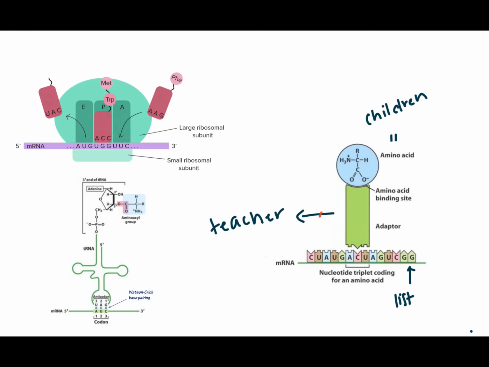Very similarly to this situation, Francis Crick had the same idea about something known as the tRNA molecule, pictured here and here. The tRNA, or transfer RNA, acts as a teacher in this situation, the guide. It grabs onto the appropriate child, or the amino acid, according to the mRNA, and brings it to the ribosome, where it enters at the A site, it links its amino acid at the P site, and exits at the